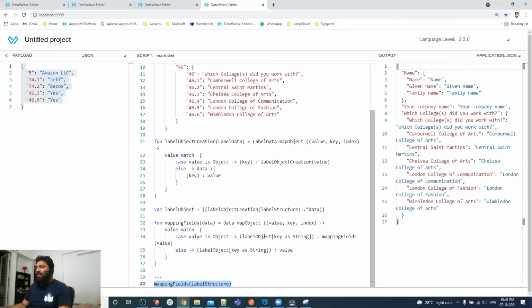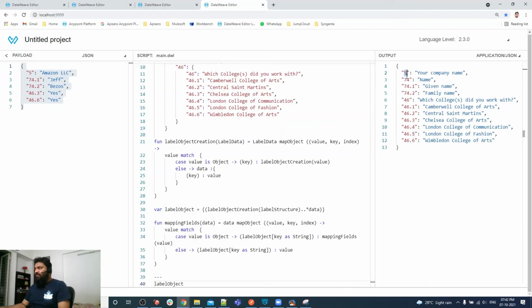When I pass a number here, it will retrieve the value. For example, if I pass 5 here, it will retrieve your company name.